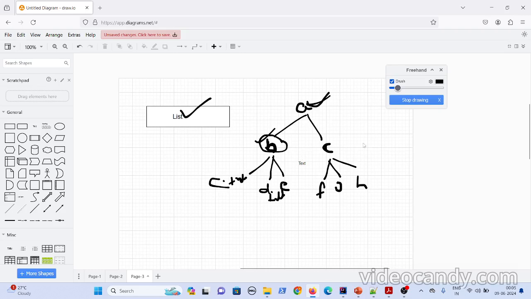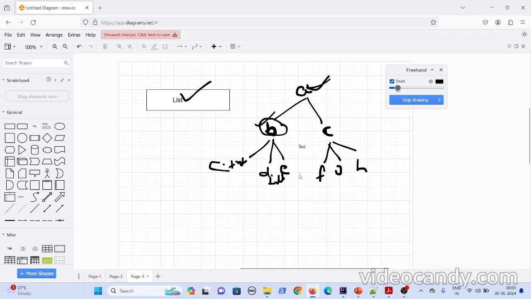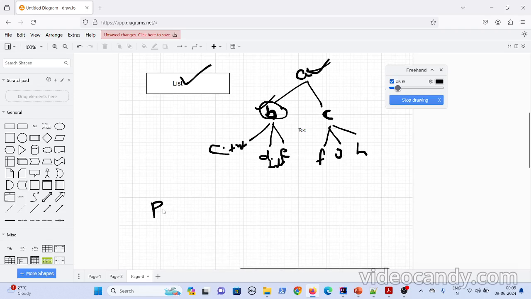And you can consider another scenario where Facebook friends or LinkedIn connections are stored. How are they stored? Let us suppose I am the person P. Now I can have multiple connections, like connection 1 and connection 2, or you can consider Facebook friend 1 and Facebook friend 2.